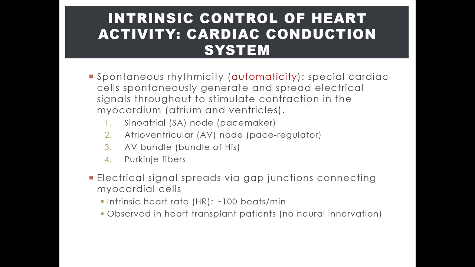Now, intrinsically, again, without any influence of the nervous system, which again is an extrinsic stimulus, the heart can beat by itself up to around 100 beats per minute, with normal ranges being around 60 to 100. This is your resting heart rate. So your intrinsic heart rate is your true resting heart rate. This is without any stimulus from the autonomic nervous system. This means the SA node can initiate an electrical signal or action potential 60 to 100 times per minute.